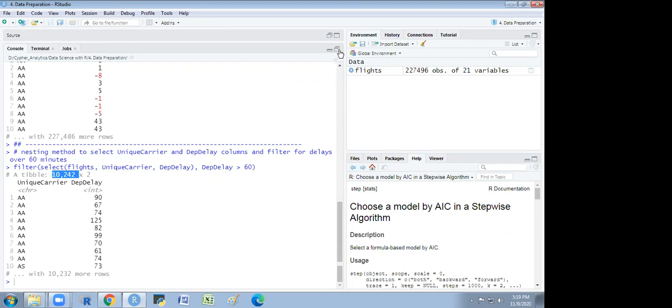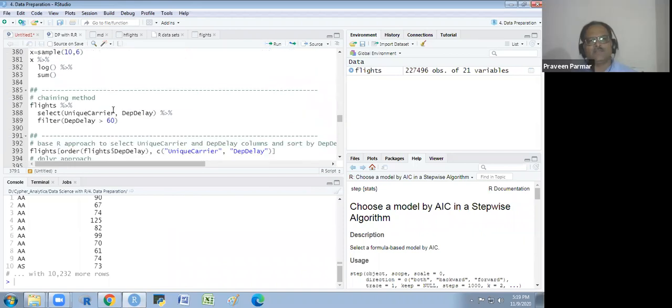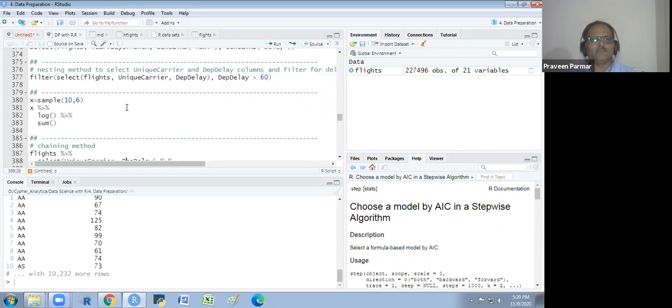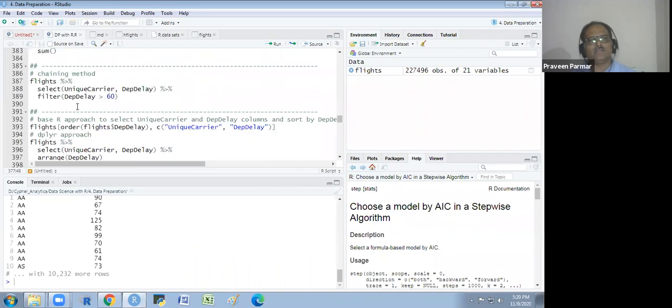So this is the nesting method, and for nesting, sometimes we use the chaining method, which is the completely dplyr method. Here you see we are using the pipe function, the flights data piped to. First we select both columns that we selected earlier. The select function is the same. But writing the flights data is not compulsory now. We don't have to write flights here because we have taken the chain from here. The data is already mentioned first. Does that make sense to everyone?